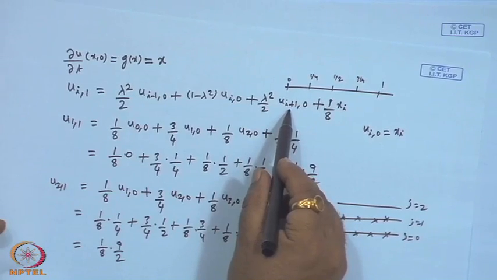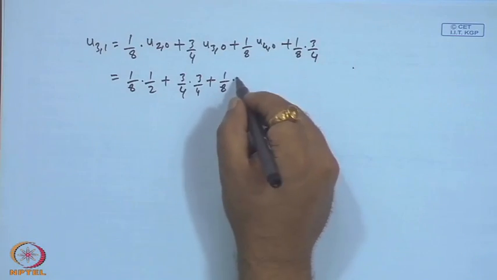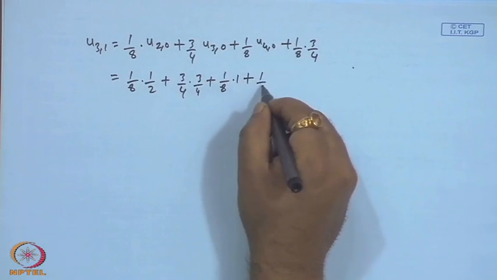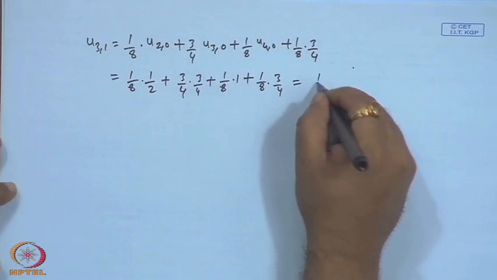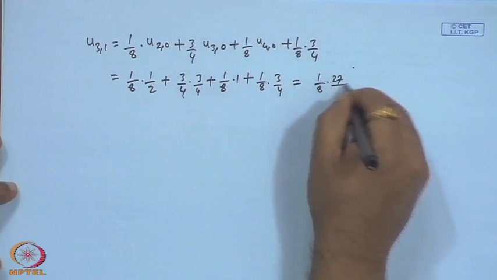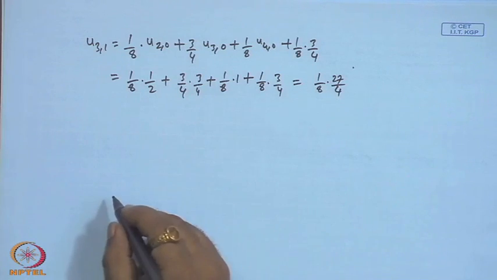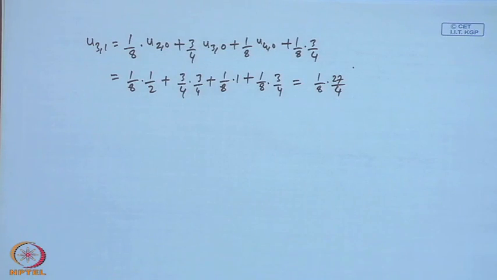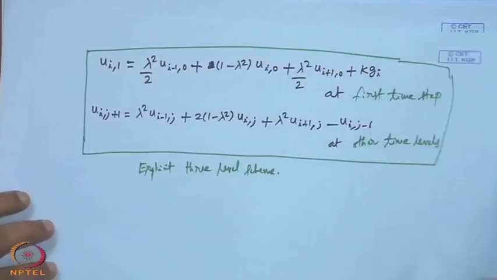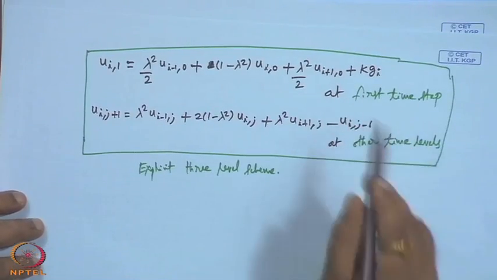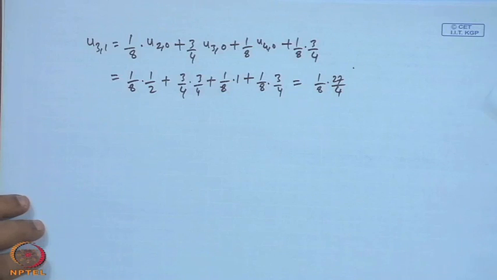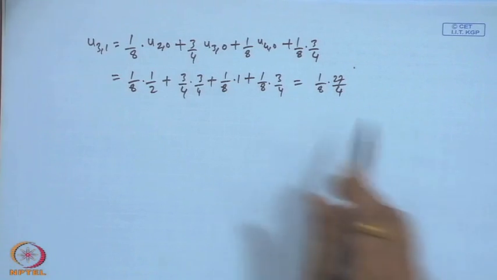Okay. So, this is 40. So, this is 1 plus, so this may be computed. Okay. So, now we have obtained all the values required to compute at other time levels. These are the first time level. Okay. So, now we proceed